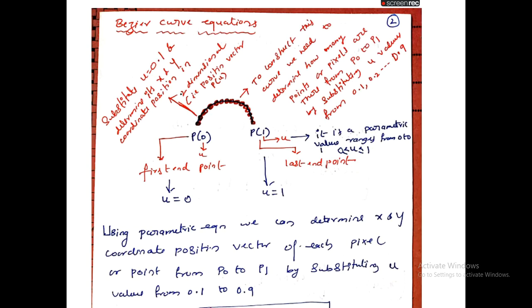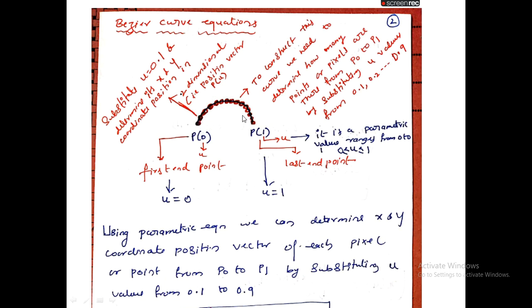So these are the various types of Bezier curves we discussed. Now we will move on to the equations, or mathematical equations, for the Bezier curve. I wrote the heading called Bezier curve equations. Let us assume we want to create one curve. I gave one example here. This is one example of a curve.